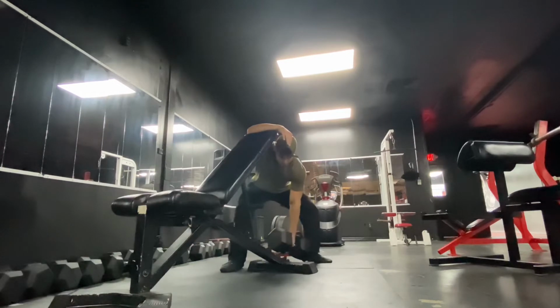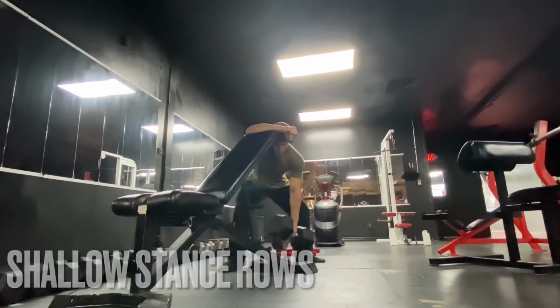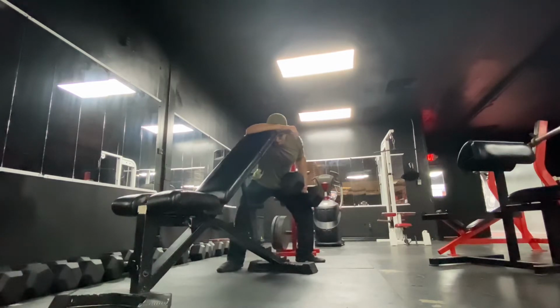You do 1 leg and then you do the other leg, right? So it's left leg, single leg deadlift, hip thrust, leg curl, and then the right leg. And then immediately after that, we go into the